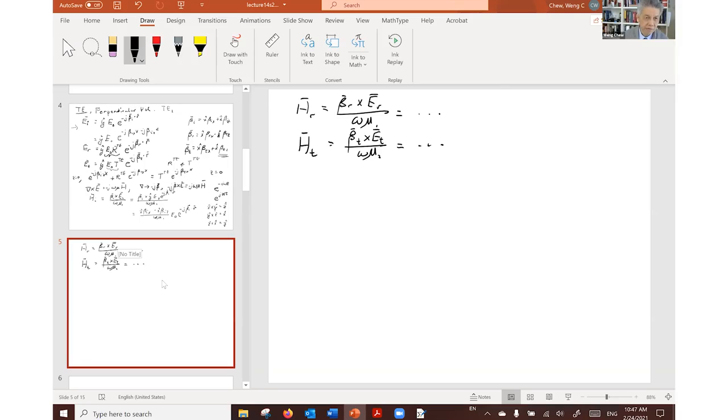Okay, so if we put in the second boundary condition, what we would have is that we have to add the components of the magnetic field in region 1 and the components of the magnetic field in region 2 to match the boundary condition, and you will get something that looks like this,